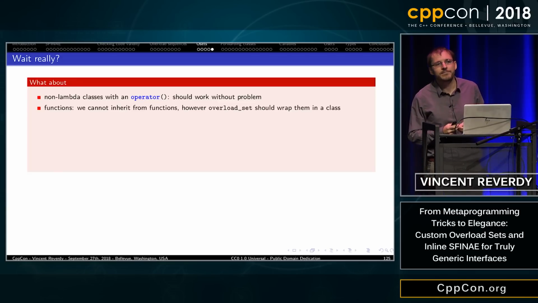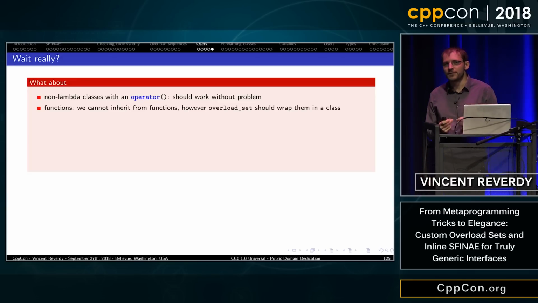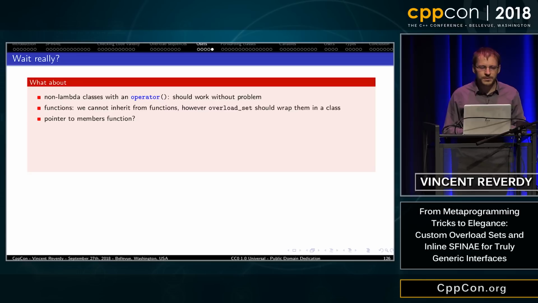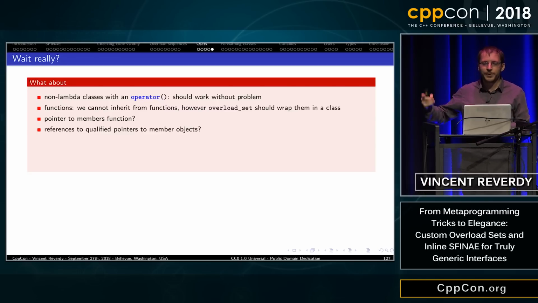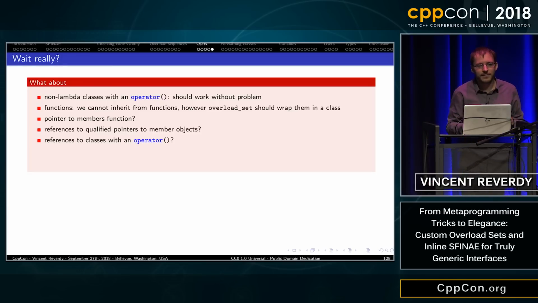Now, functions. Problem with functions is that the trick I used for overload set inheriting from the set of callables won't work here, because I cannot inherit from functions. However, I should be able to wrap them in a class. What about pointers to member functions? Reference to qualified pointers to member objects that are invocable things.